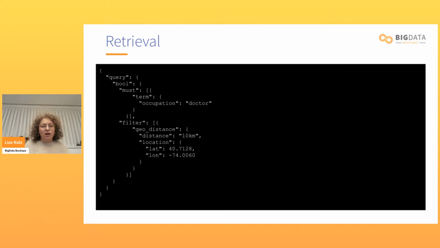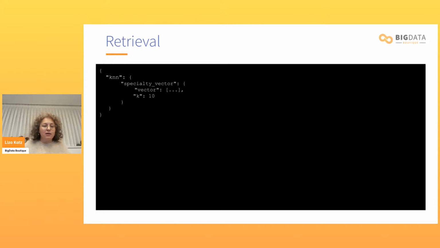Once again, since we're talking about OpenSearch, and my goal is to give you guidance and understanding that you can apply to your own use cases, I have some examples of exactly the same thing. So here we have a query. This is something you would send to the search API of OpenSearch. Here we have an endpoint that shows you how to do regular keyword search. So this query will just find a doctor within 10 kilometers of, I think this is San Francisco, from the latitude and longitude, but I'm not sure. You can catch me on that.